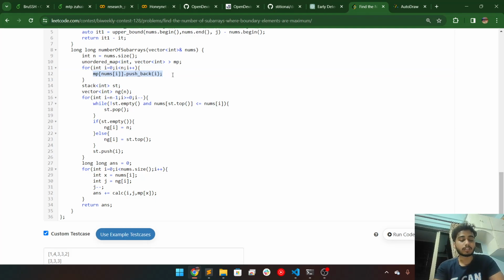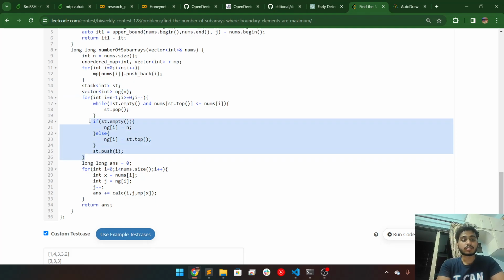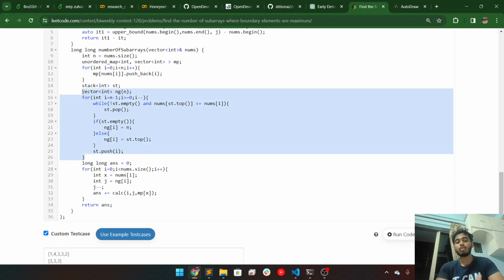So basically we are pushing the index. Now we have a stack st, and we now need to find the next greater. It is basically the monotonic stack method. If you don't know, basically what we do is, in the stack,